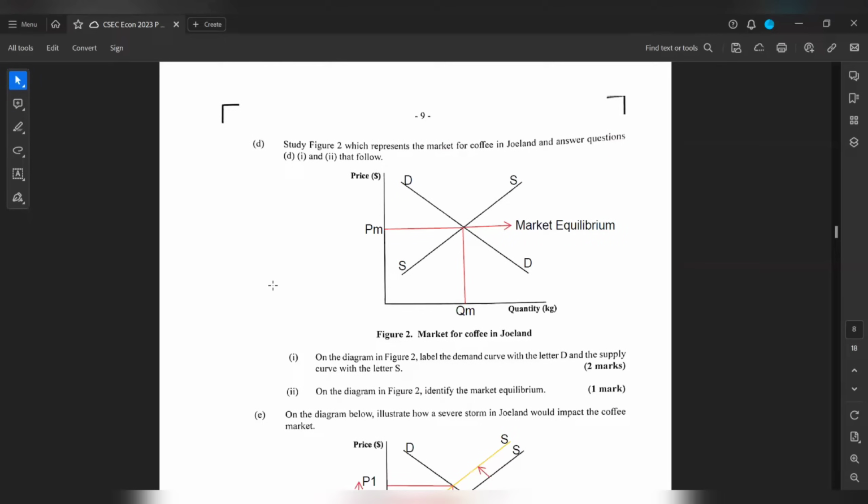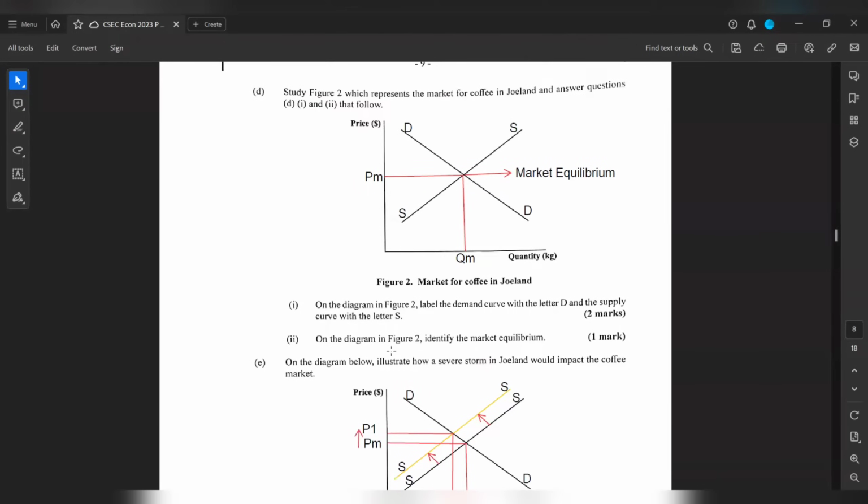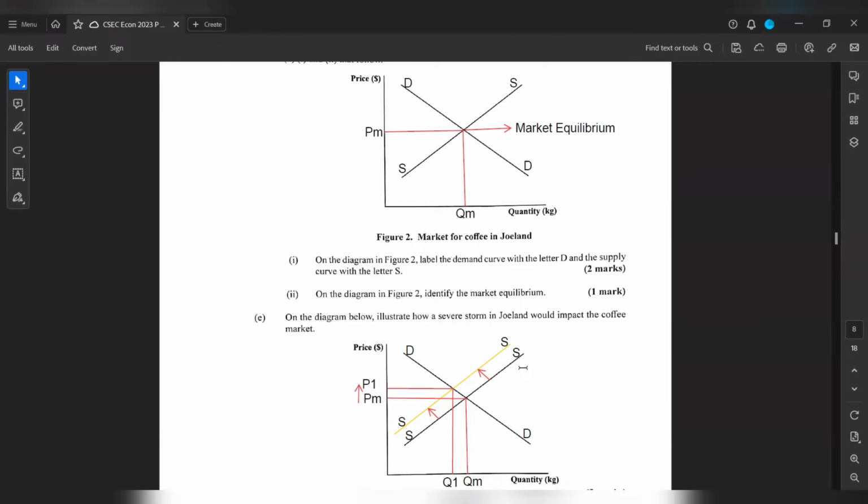On the diagram in figure 2, identify the market equilibrium. The market equilibrium will be the point where the demand and supply curves intersect. On the diagram below, illustrate how a severe storm in Jolan would impact the coffee market. So for the coffee market, a severe storm will cause the supply curve to shift to the left,